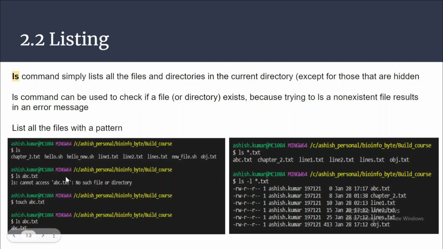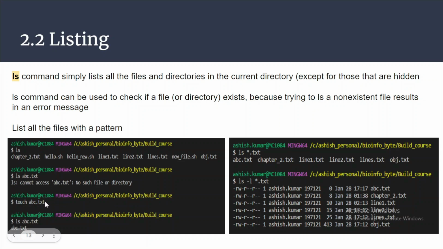And you can also use ls to verify whether a file is there or not. For example, I'm looking for the abc.txt file. You can see in this particular folder, I don't have any such file with the name abc.txt. And I just wrote ls abc.txt to verify. In the output, we are getting an error saying cannot access, no such file or directory, which means this file is missing. So let's create this file and again try this particular command.